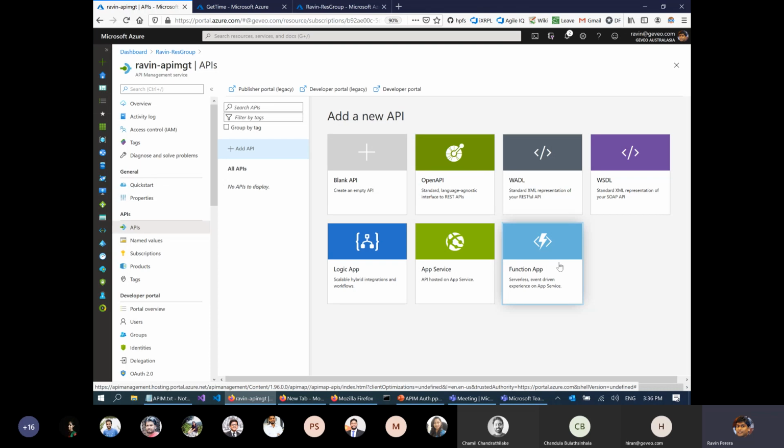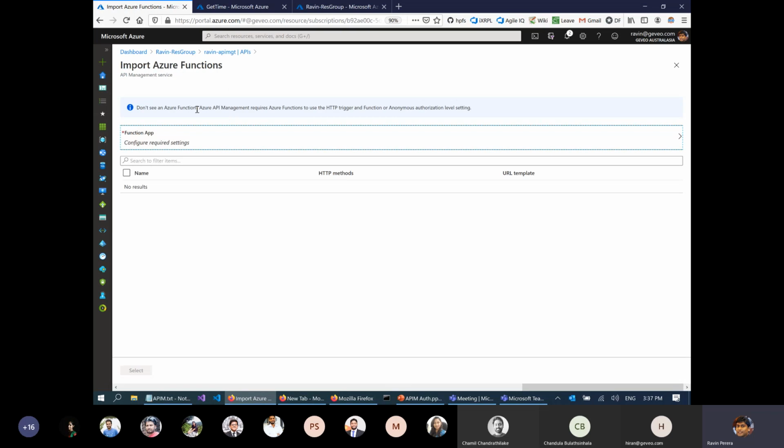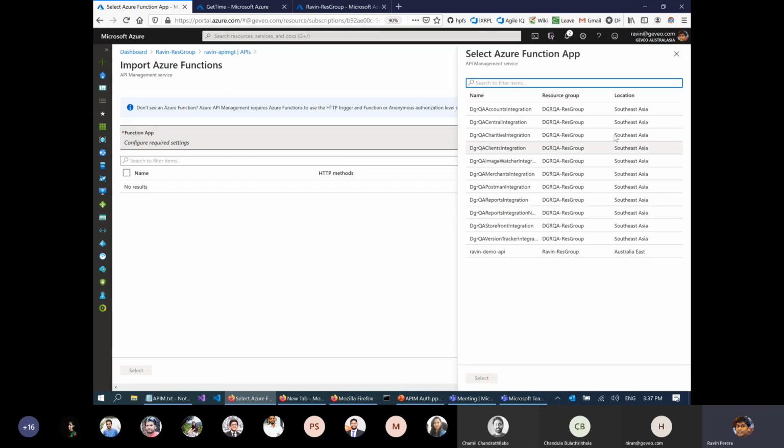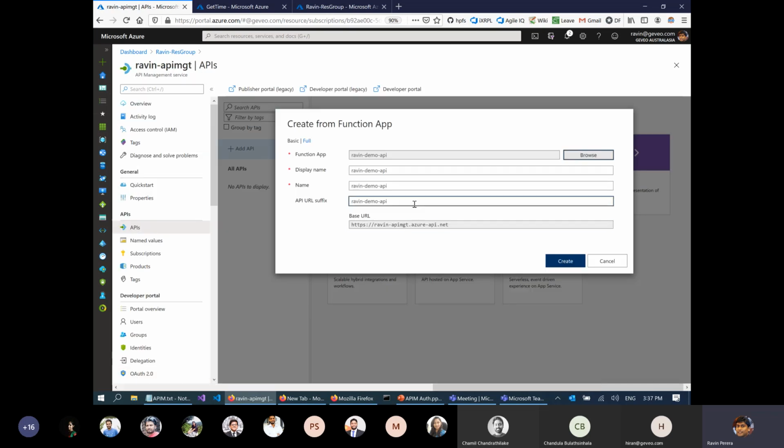Because of the HTTP trigger, API management is capable of reading your function definitions even without a Swagger document. I just have to browse the function app and it will automatically detect the individual HTTP functions available in it, and I can select and import.